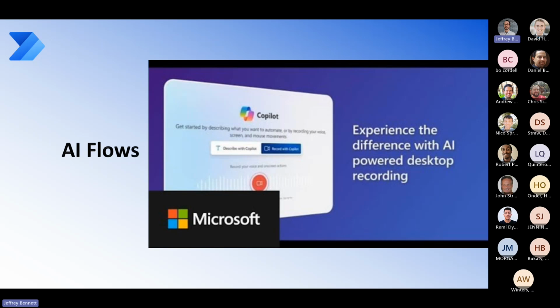Until now, desktop recorders only were capable of tracking mouse clicks and keyboard entries. Users will be able to provide additional context of the recording by coaching it with their voice and sharing their screen, just like how a person would be trained to accomplish a task when they start a new job.